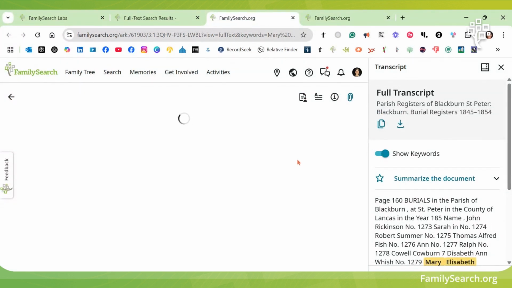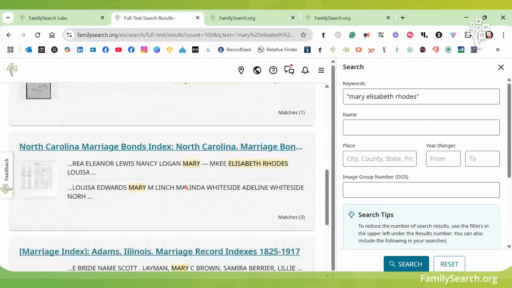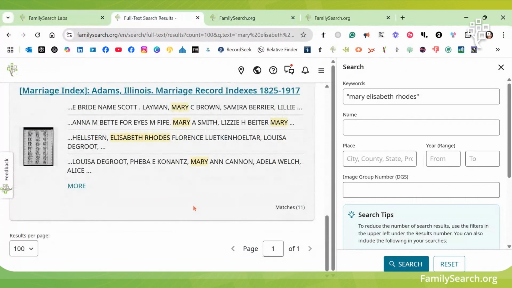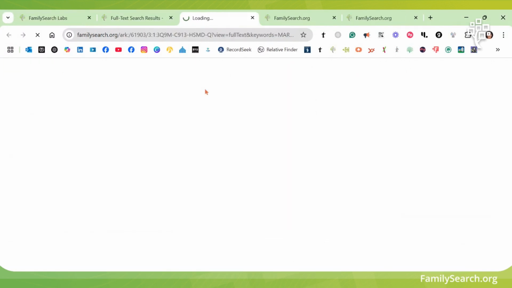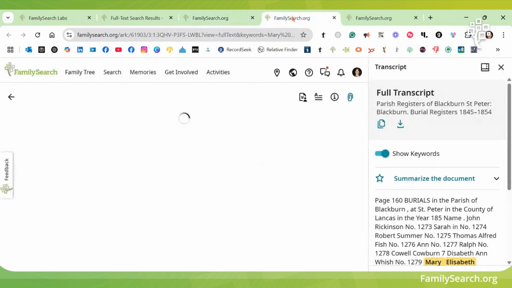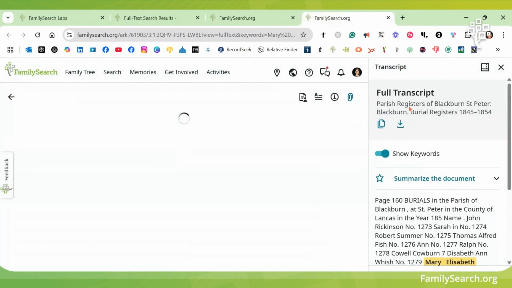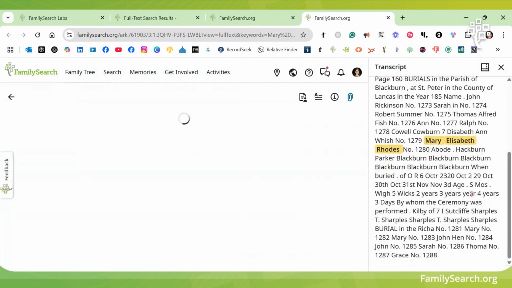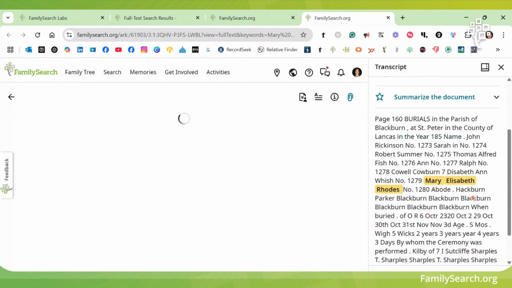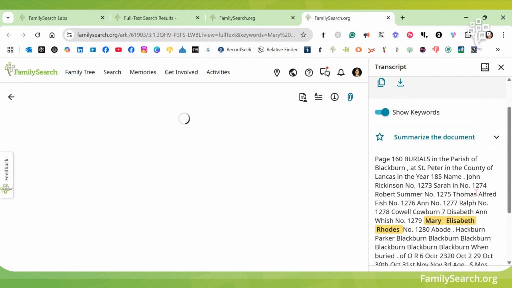Okay. It's taking a little longer for the image to appear. Maybe let's try with another one. Marriage indexes. Let's hope one of them works, right? So this one will not work. But this one, it's already here. So although we're not seeing the image, you already have